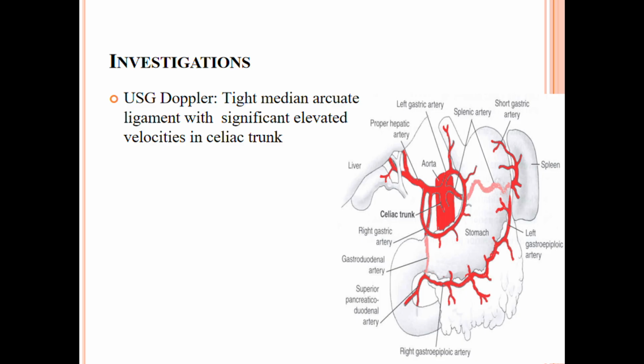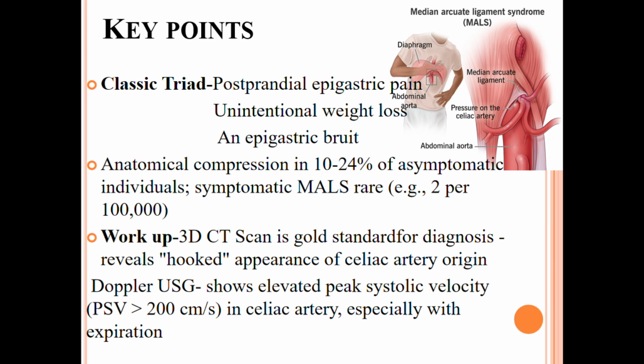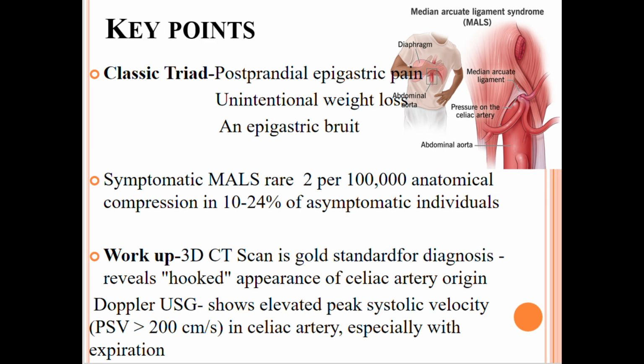After this CT scan, I still wanted to be sure that he has this condition. So I asked for a color Doppler, which demonstrated the presence of increased flow velocities in the celiac trunk. Then the patient was thought for a surgical intervention, and hence we had a thorough discussion. An MDM was conducted between the team as well as the patient's relatives and the gastroenterologist. And in view of multiple episodes of recurring pain, we offered him surgery of median arcuate ligament release.